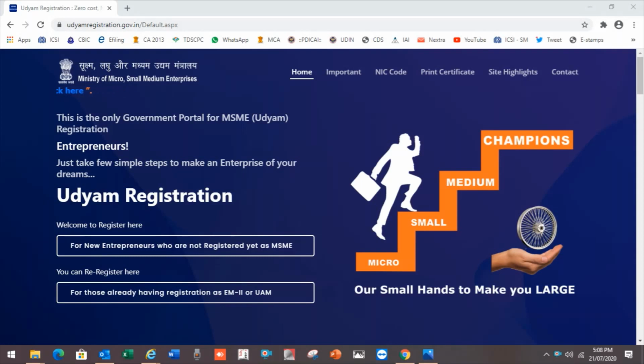Here we will discuss how to do the Udyam registration, which is the second step. You can say this is the updated version of the MSME registration certificate. Here there are two options. If you are a new entrepreneur, there is a different process of registration. If you already have an MSME registration number, Udyog Aadhaar, it is